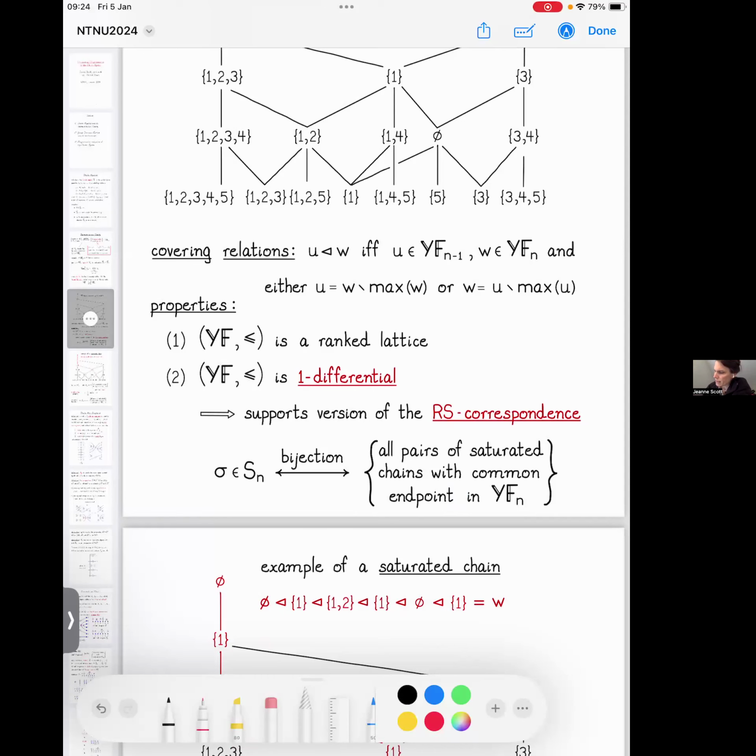And indeed, in the case of the Fibonacci lattice, this was studied by Sergei Fomin, and he gave such a